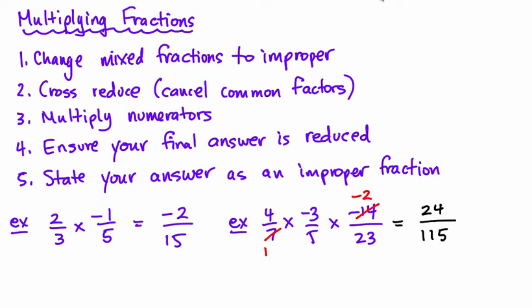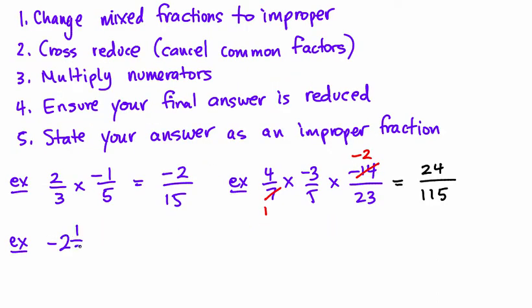And one last example. -2 1/3 times 4 3/4. So now I do need to change mixed fractions to improper fractions. So 6 plus 1 is 7/3, and that's a negative number, times 16 plus 3 is 19/4. There's no cross-reducing that can happen, so I go and multiply. A negative times a positive will be negative, 7 times 19 is -133, and 4 times 3